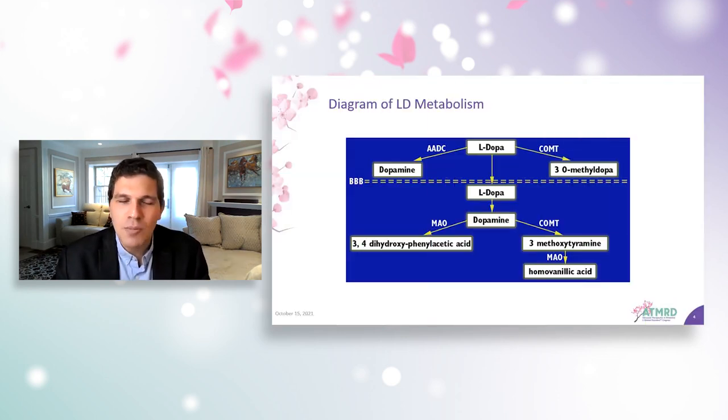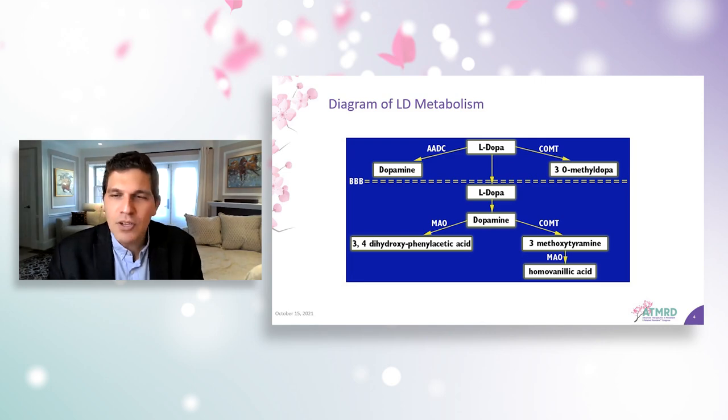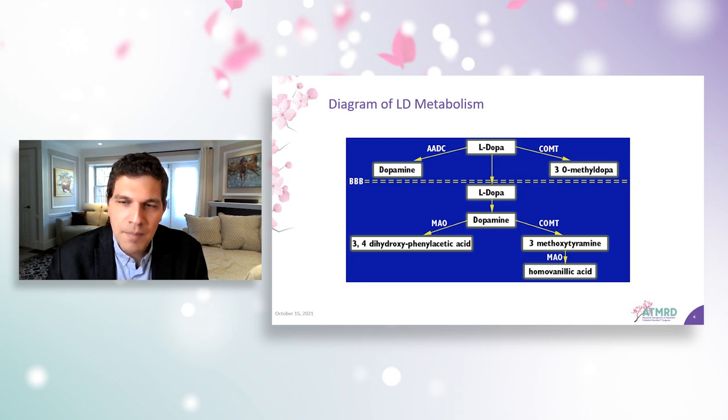So let's understand levodopa and levodopa metabolism a little bit better. Levodopa is something that we utilize, as was mentioned earlier, to be better clinicians. We have to utilize L-dopa, and the goal is for it to enter the periphery of the blood after being absorbed by the gut or by other means, as we'll learn even more, but then cross from the blood into the brain, cross that blood-brain barrier so that it can then be converted into dopamine. And so we're going to utilize different strategies to provide more efficacious and more augmented amounts of L-dopa to cross that blood-brain barrier. For example, rather than have L-dopa be broken down to dopamine, as you see in that picture, or to